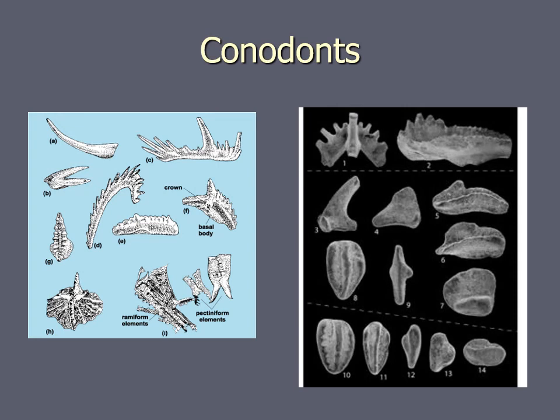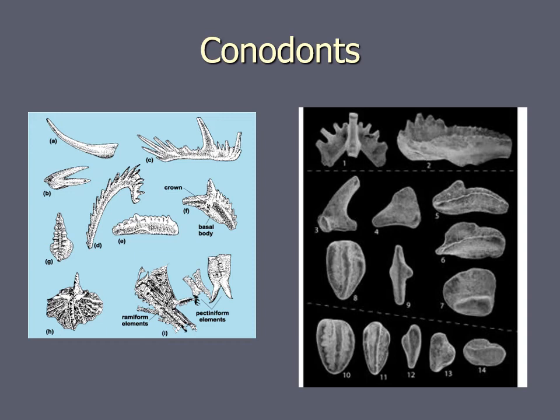We also have a group of organisms in the Ordovician and onward called conodonts. Now, conodonts are weird because their fossils look like these weird little spiky plates. And these are actually very important for the petroleum industry, because these are made of calcium phosphate. They're made of the same things that your bones and teeth are. And if they are found in sediment that's near very high-grade petroleum, they will look jet black. If they're near lower grades of petroleum, they can look kind of brown. So some paleontologists are employed by oil companies to look at sediment cores and identify conodonts and get an idea of what kind of grade petroleum is nearby.